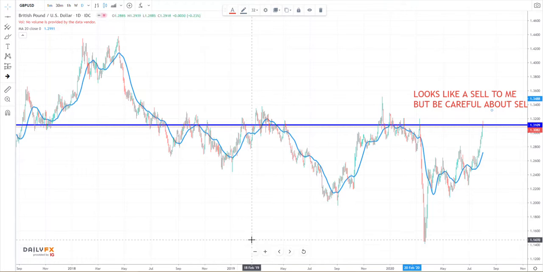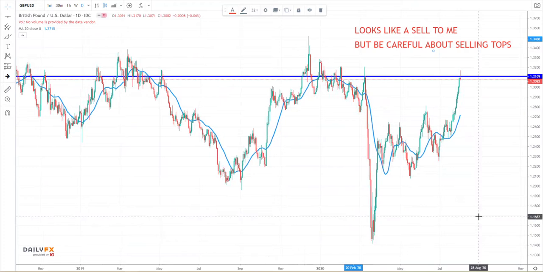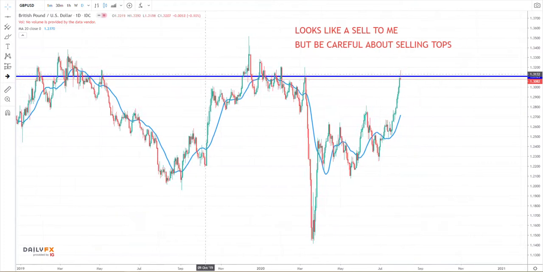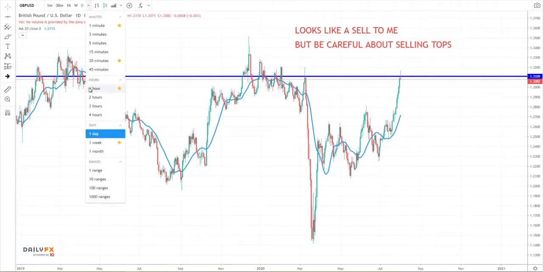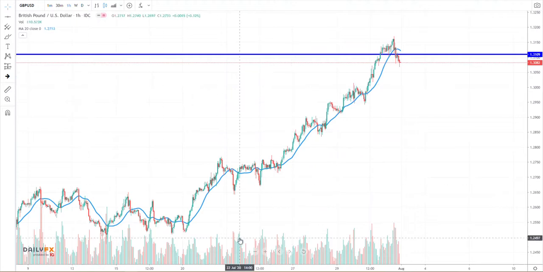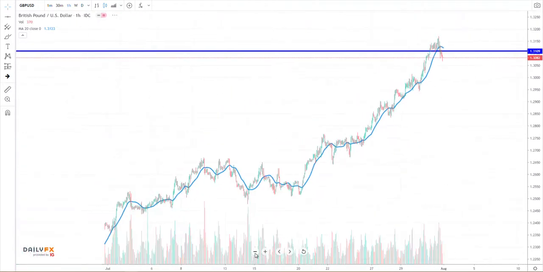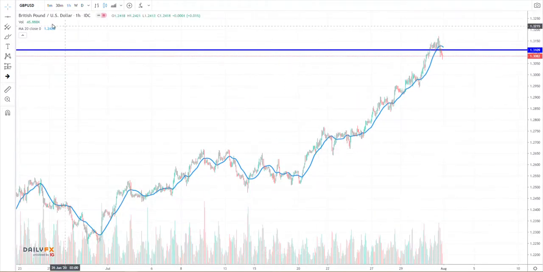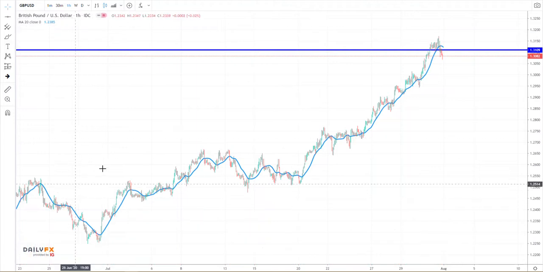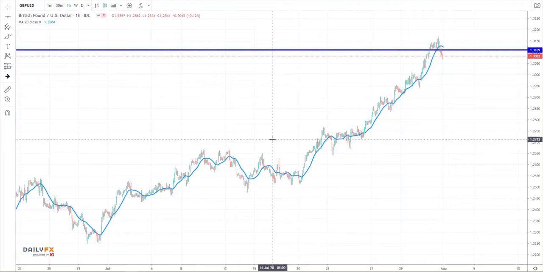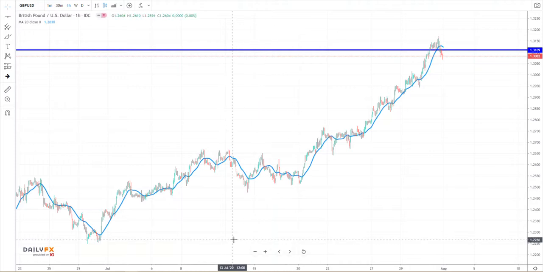However, be careful about selling tops, okay? So what do I mean when I say that? Let's go ahead and look at the 1 hour. You have to be careful because at all these points, historically, rookie traders are like, oh, I think this is the top, and this is the top, and this will make the best sell ever, and this is the top. And you have to be really careful that you don't do that because actually what's happening is the